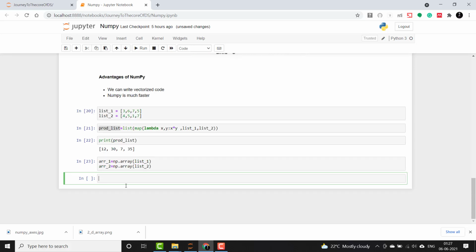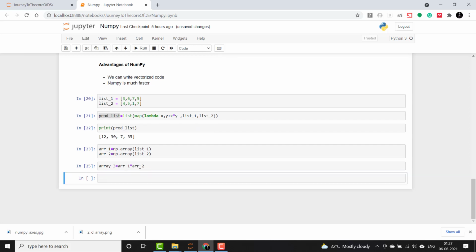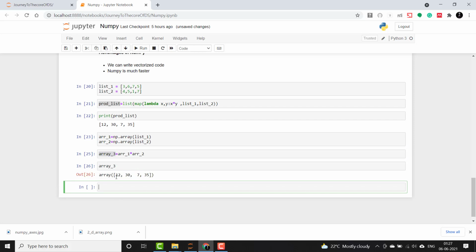Now we will have another array called arr3, in which we will multiply the elements of both of these arrays, and then we will check this out. So simply it gives the same output. If we want to change it to a list, because it's a one-dimensional array, we can do that also.